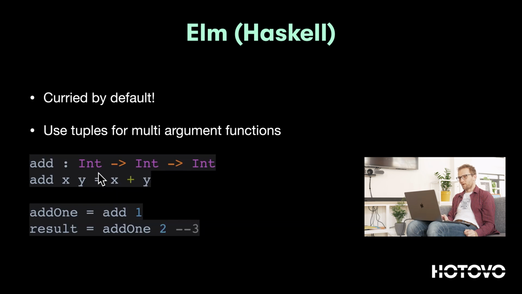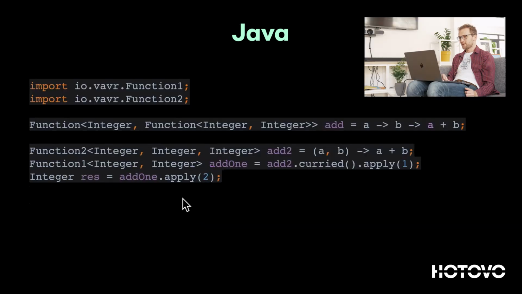So all of the functions are curried versions. And if you don't want that, you would just use a tuple, like a structure, as an input argument. Java, this is quite interesting. So Java, this is syntax for arrow functions in Java,